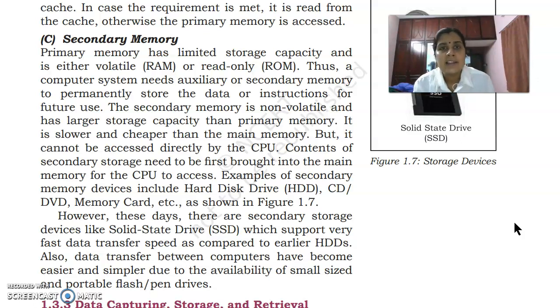Other secondary storage devices, such as pen drives, CD drives, and flash drives, are also available. But when referring to secondary memory, our first device is the hard disk, which is a large capacity device used for storage of data. Compared to primary memory, its speed is less, since the data of secondary memory is first loaded into primary memory, and only then does the computer execute instructions.